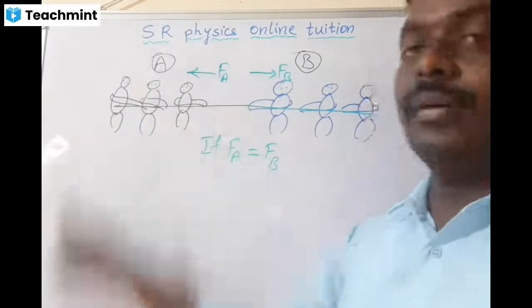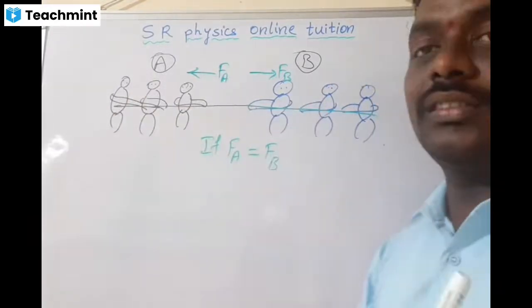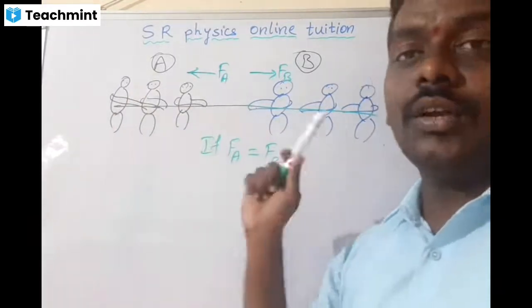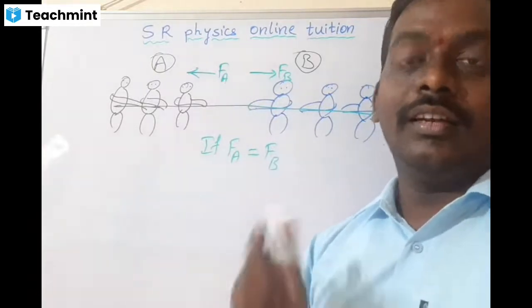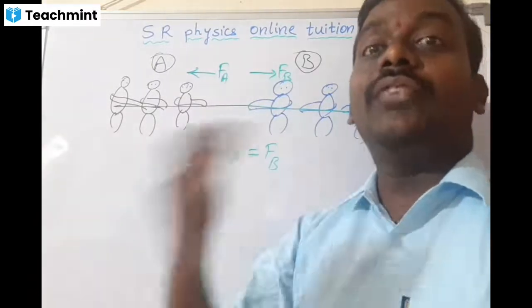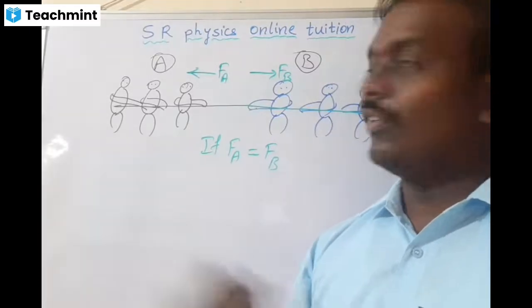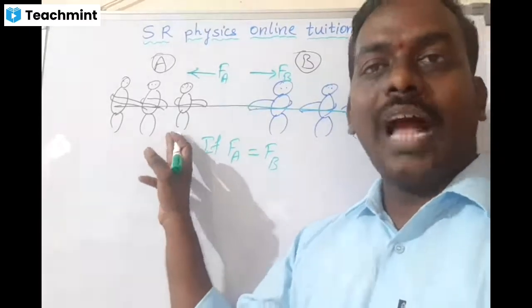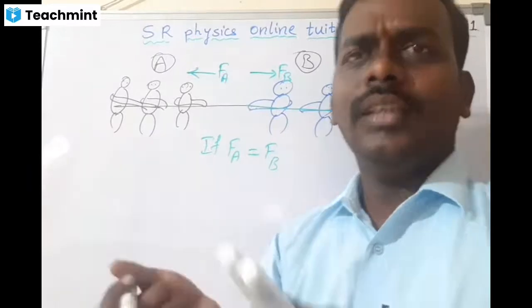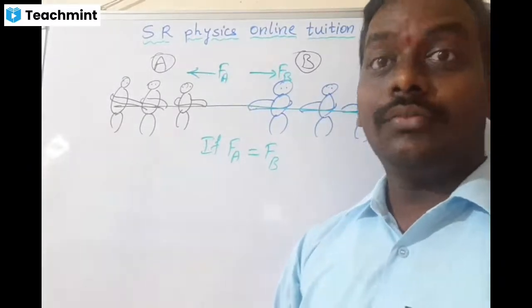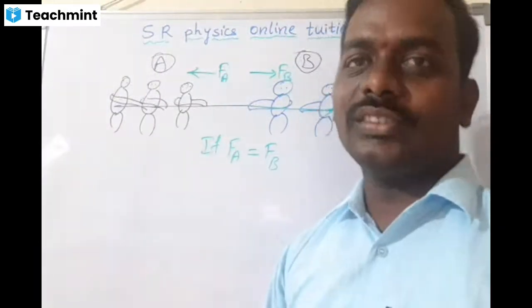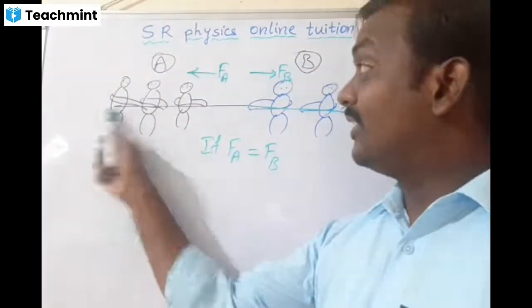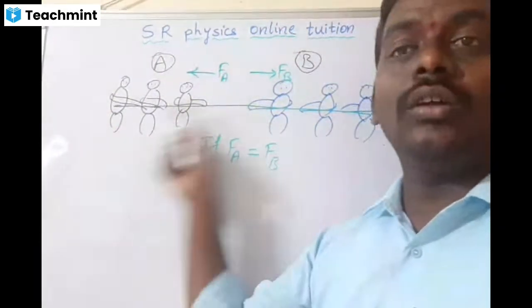So here three members are on this side, three members on this side. These six members are applying different levels of forces. Why? Because one person may have some other energy, he can apply some force. If the other person has more strength, more energy, then he will apply more force, isn't it? So like that, different forces are acting on this rope.